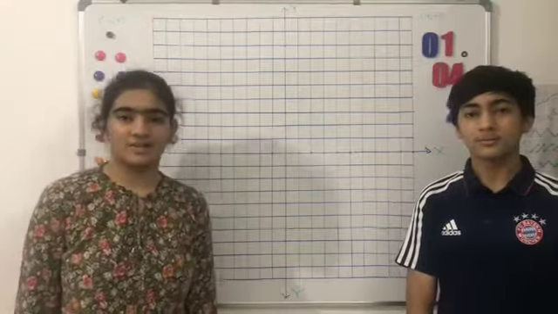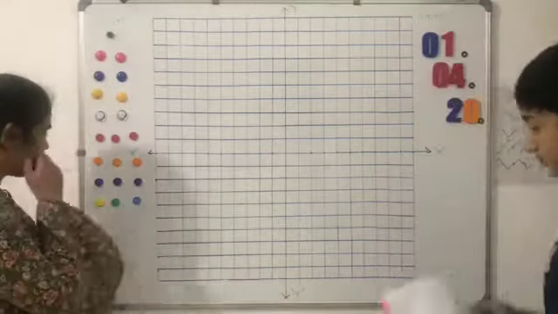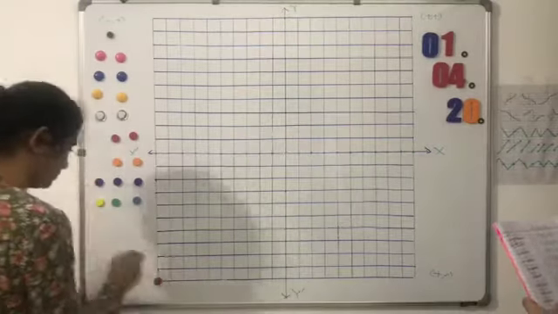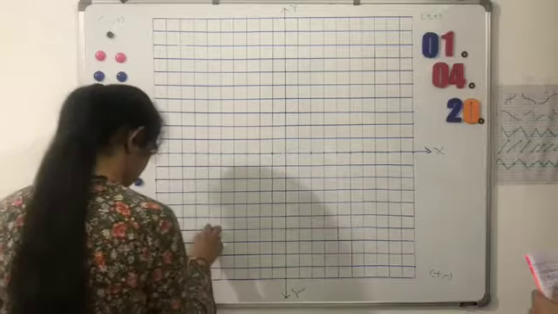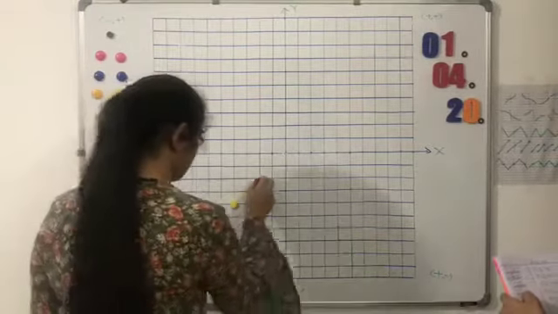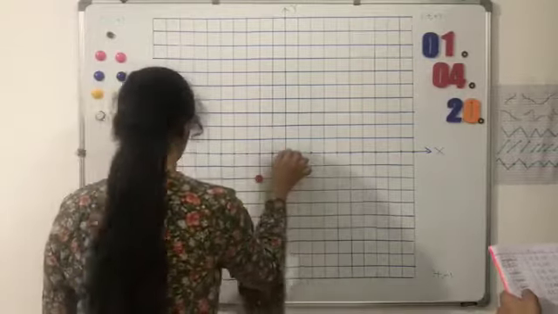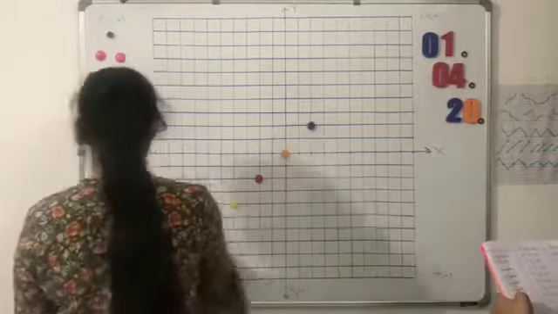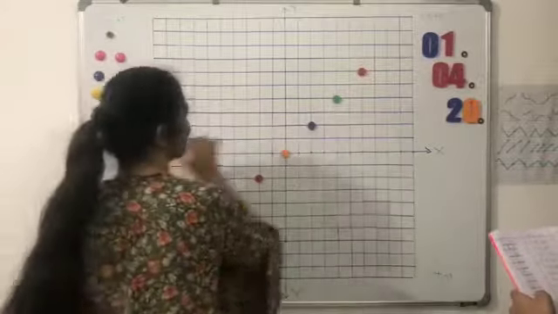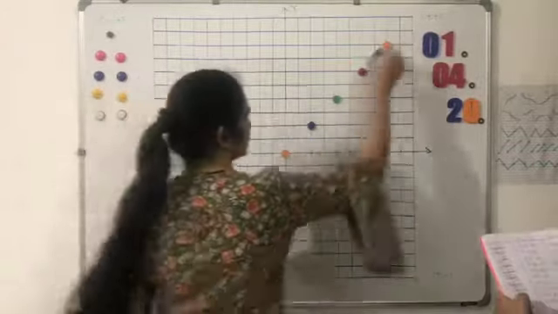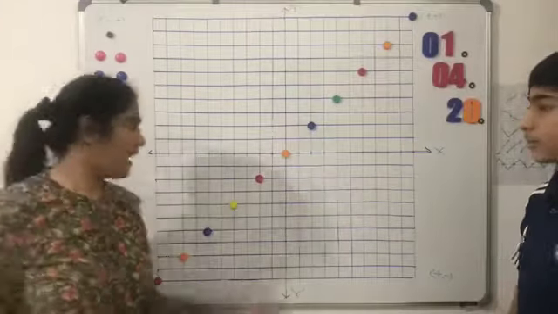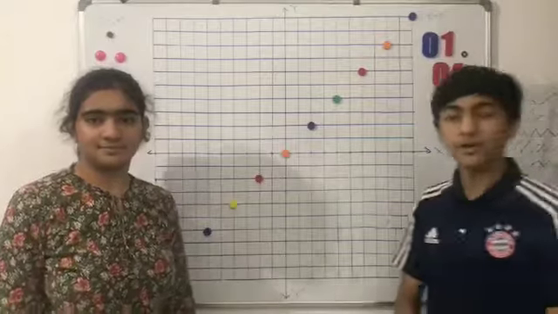Now we are going to start tracing some curves. First we'll trace the line y equals x. The points are (-10, -10), (-8, -8), (-6, -6), (-4, -4), (-2, -2), (0, 0), (2, 2), (4, 4), (6, 6), (8, 8), (10, 10). You can see it is a line passing through the origin with slope 1 and an angle of 45 degrees. The line is y equals x.